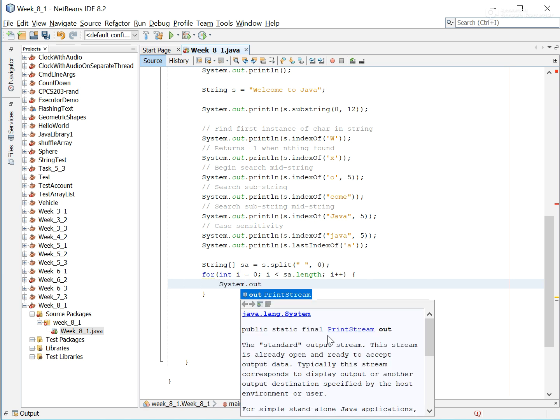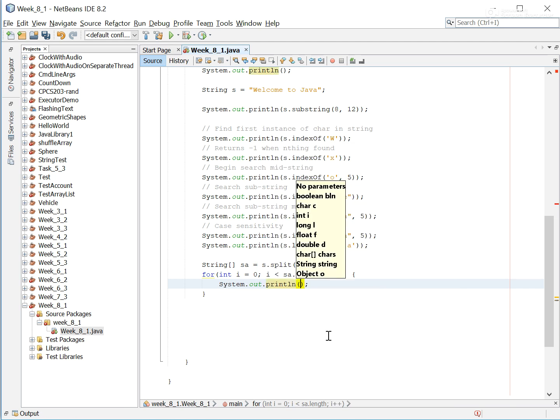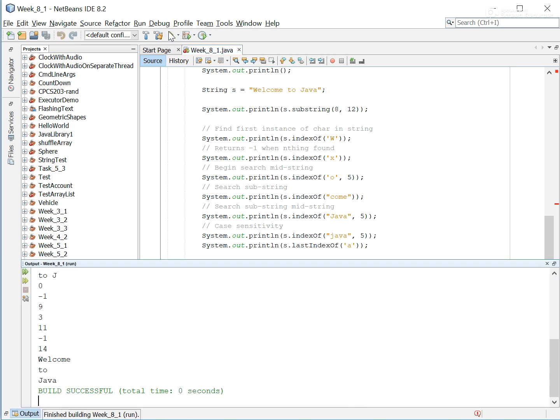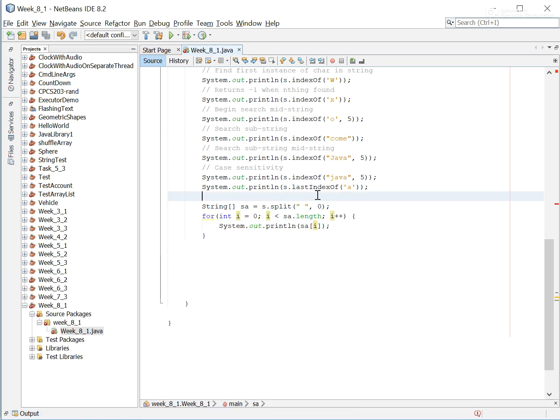Print, just go through this array SA, print out each token on a separate line. Print out, there you go. Welcome is the first element of that array, 2 the second is a string in the array, and Java the third one. So you can see this can be very convenient,